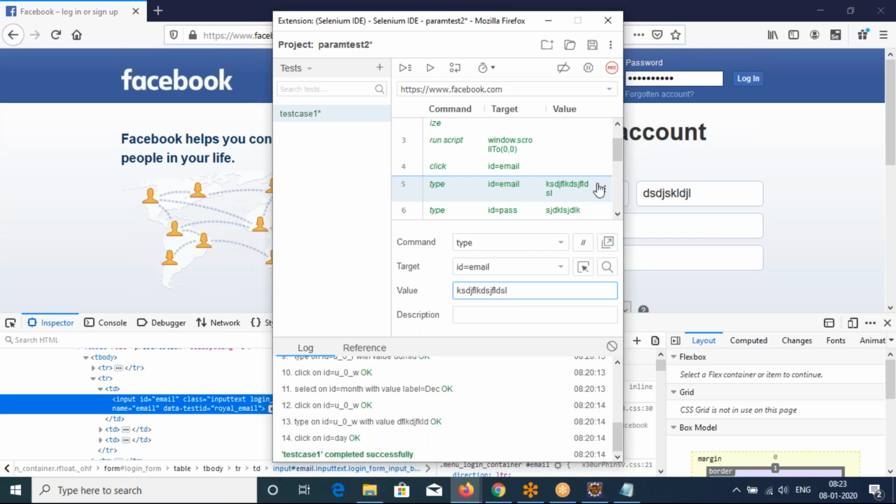Suppose you clicked on something, a new window opened, and you suddenly switch to the new window. Then when you run the recorded script, how can you run this? It cannot handle the windows. It will stop right there. Every web application has every kind of scenario. You cannot say this cannot be run, that cannot be run. So it's a waste of use. It's useful only for filling forms.